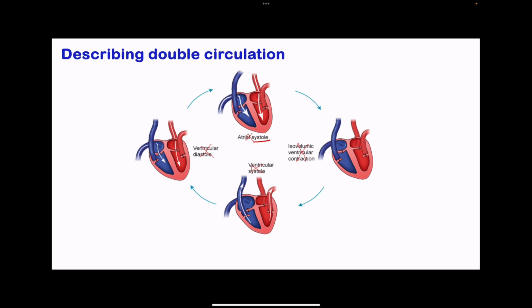So deoxygenated blood from the rest of the body will enter the right atrium through the vena cava. Also, oxygenated blood from the lungs is going to enter the left atrium through the pulmonary vein. The blood in the atria cannot flow into the ventricles immediately because of the valves that are present. So the atria have to contract. The contraction creates pressure that pushes the valves to open so that blood can leave the atria to go into